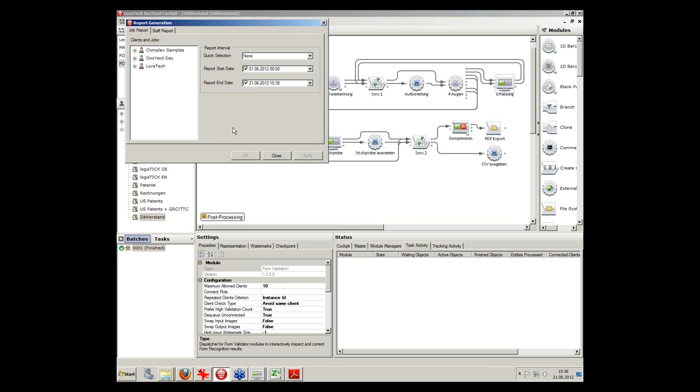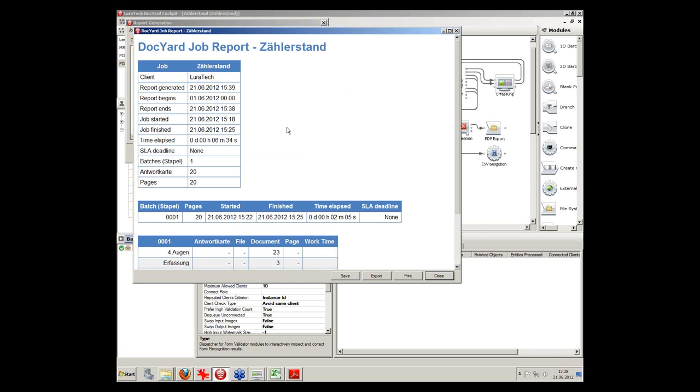We have two different views to these data in the database. On the one hand, the view from the job side, which is really important for you if you are a service provider to establish and create the invoice for the customer. You have to select only the job here, select the period for the report, and then click on the apply button, and then you will see the report, which is really short because we only processed